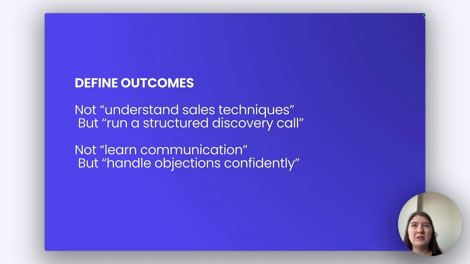What should employees be able to do right after this program? It's not just about them learning how to do this, but actually being able to do that after the program. And definitely, you need to be specific and observable. You have to know that there is a simple way to check this. If you can't assess it, it's not a real outcome. And that is why we are going to the second step.